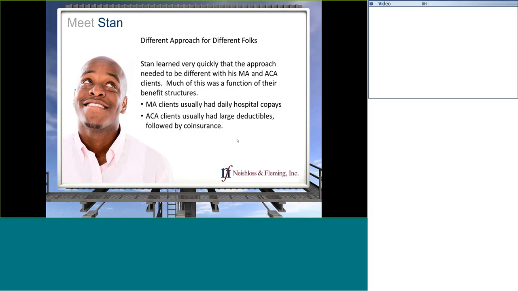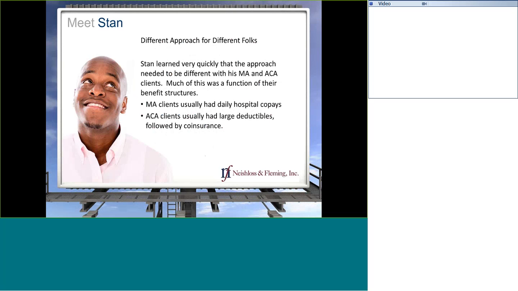Now, the other thing that Stan realized was that the approach he needed to take with both Medicare Advantage and ACA clients needed to be different. It wasn't a one-size-fits-all in terms of how the product was positioned with each of those consumers. Granted, both of them had health insurance, but a lot of it had to do with how the benefits were structured on an MA plan versus a typical ACA exchange